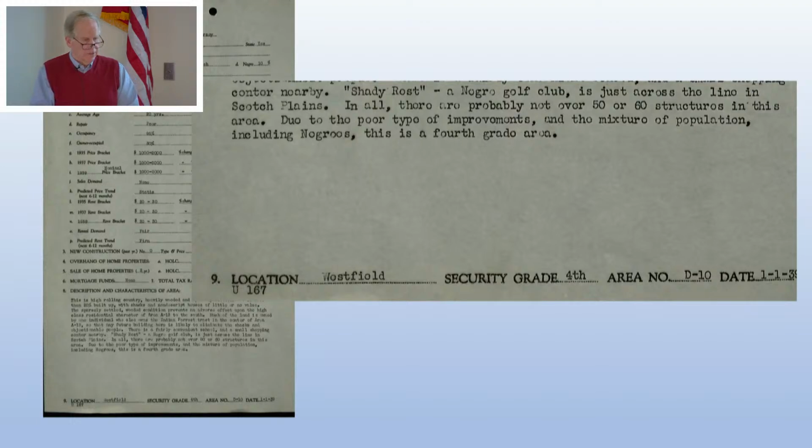The impact of this assessment would prevent the property owners in Turkey Swamp from obtaining mortgage financing through either of these federal programs, and it undoubtedly influenced the opinions of local officials and real estate interests about the neighborhood. By 1940, the Turkey Swamp neighborhood was surrounded by new development which had paved roads, water and sewer mains to